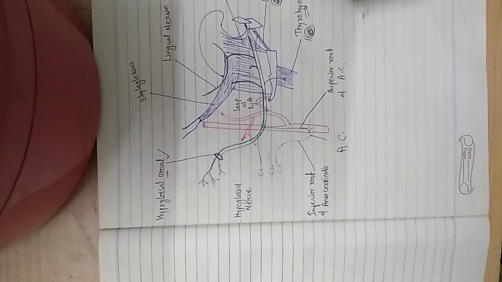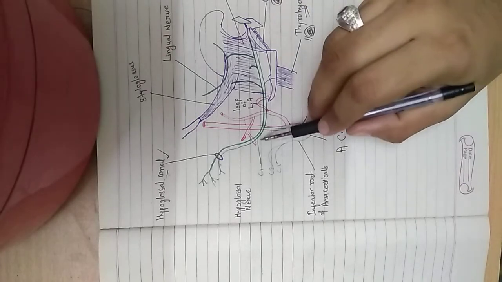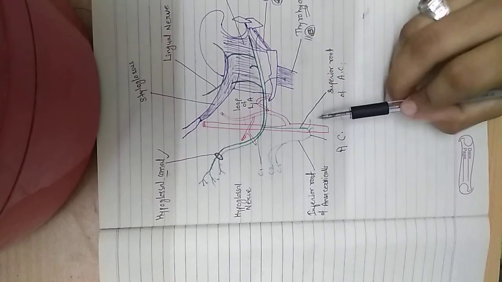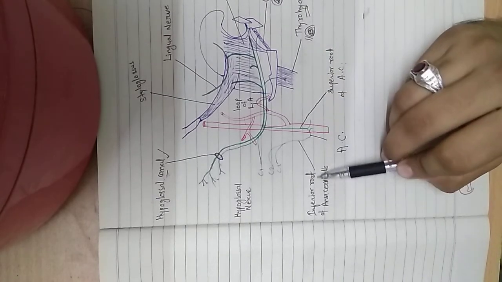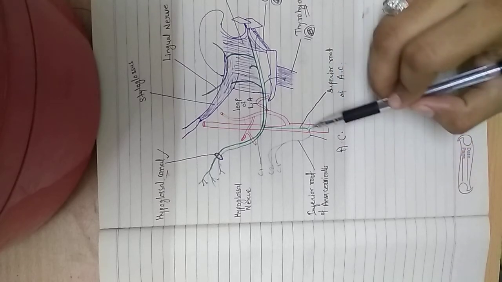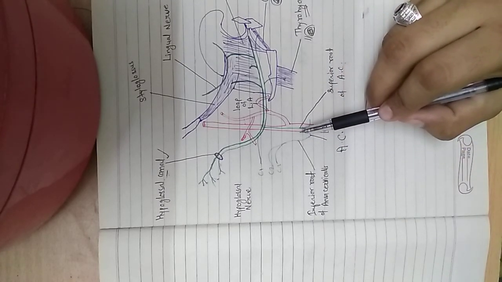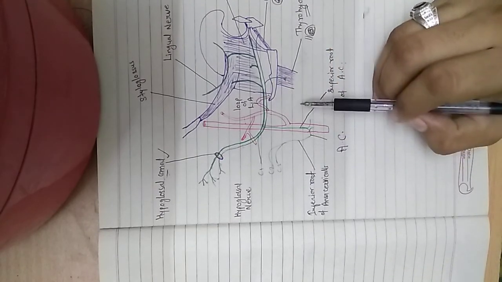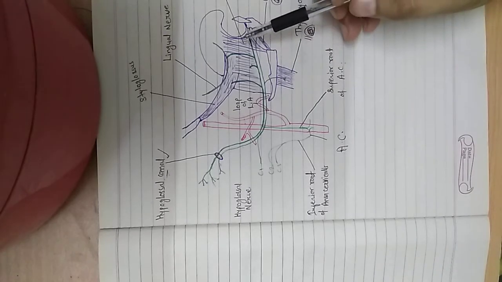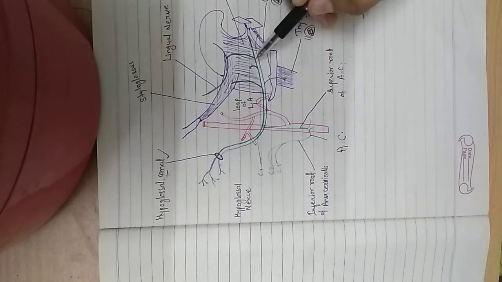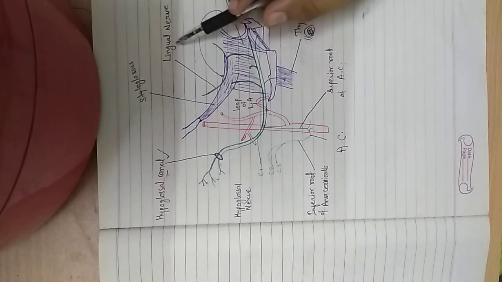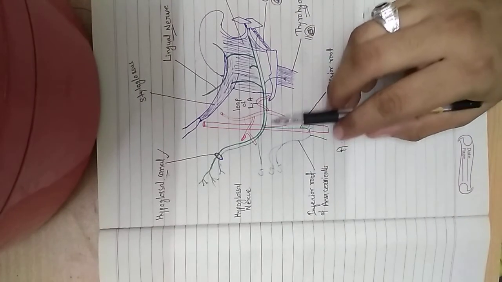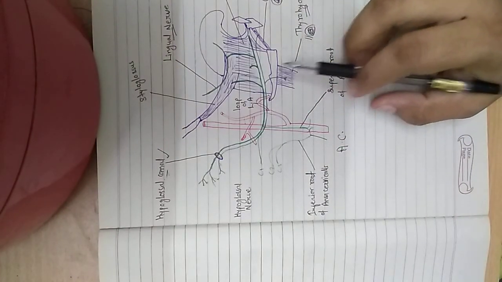via the C1 component, and this C1 also meets with the ansa cervicalis. So this is the superior root of the ansa cervicalis, and this is the inferior root of the ansa cervicalis. The ansa cervicalis forms here. So the hypoglossal nerve communicates with the ansa cervicalis, and supplies the muscles of the tongue, and one root communicates with the lingual nerve. So this is the course and distribution of the hypoglossal nerve.